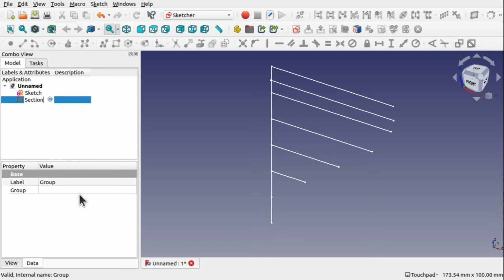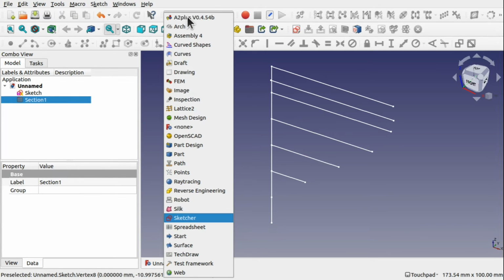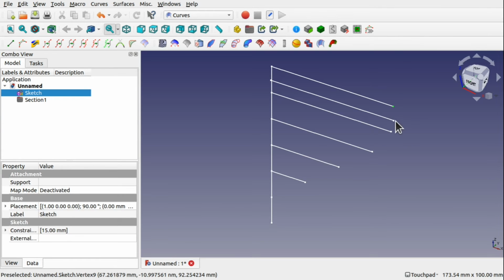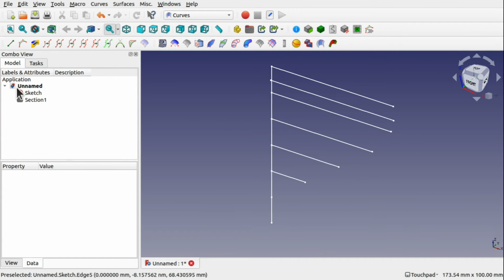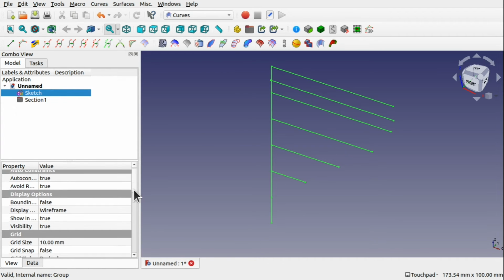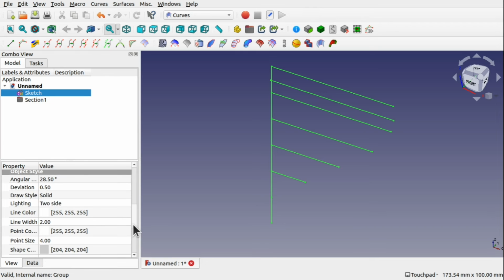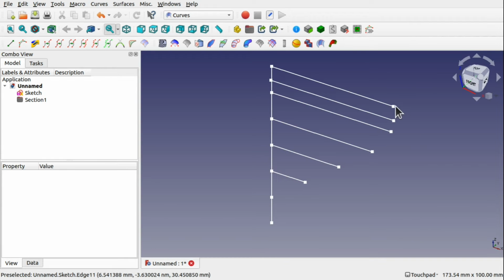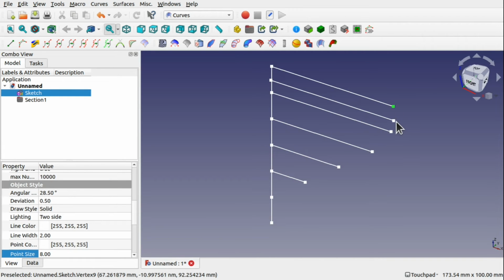And the reason why I do this is because if I go to the Curves Workbench, and we select all these vertices, we can increase the point size of this sketch. So come into view, come down, and you'll see line color, point size. We increase this up, we can see those points much more easily now, and we can use these points like so, selecting them,